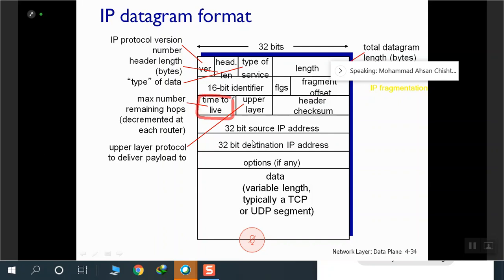TTL ensures that a datagram does not circulate within the network forever. So you give a certain value to it. Let's say you give TTL 10. It is decremented at each router, which means after every hop we get a -1 within this TTL. So TTL changes every time it moves from one hop to another. Keep that in mind. Once it changes at every hop,